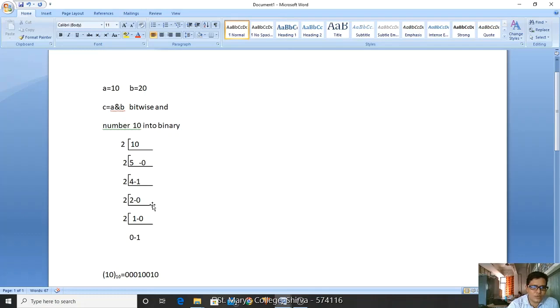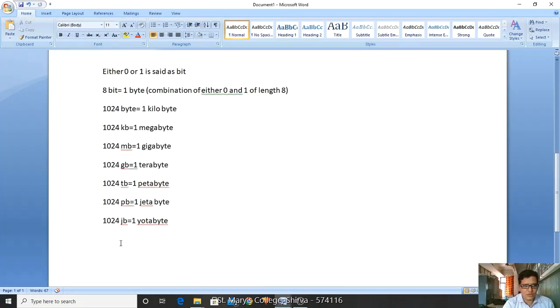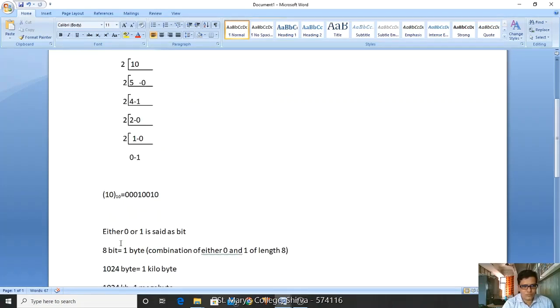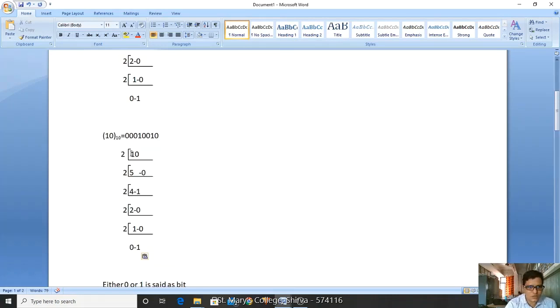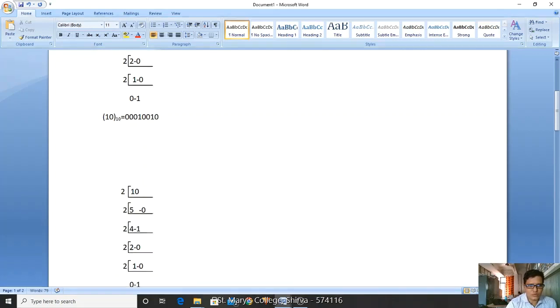Likewise, you can do the same thing for your 20 also. If you divide the 20, then what is the value we are getting? Let me copy and I am pasting here. Here we know one more value exists. Now I'm taking this above.